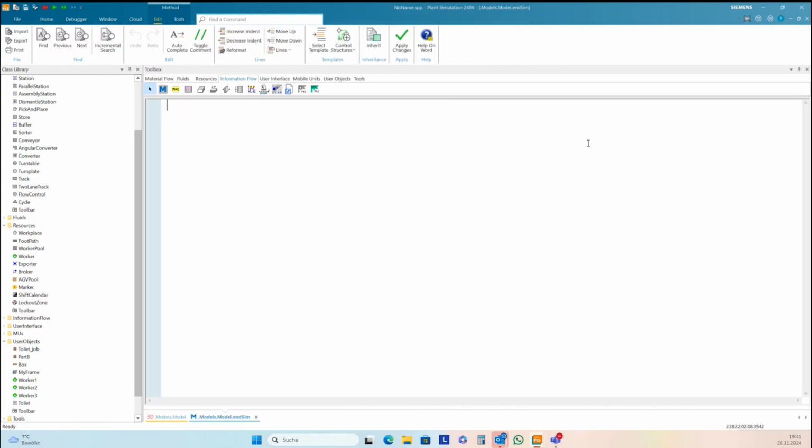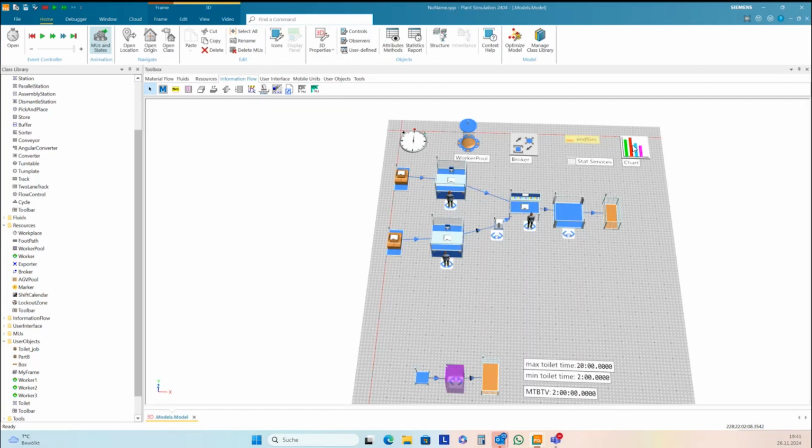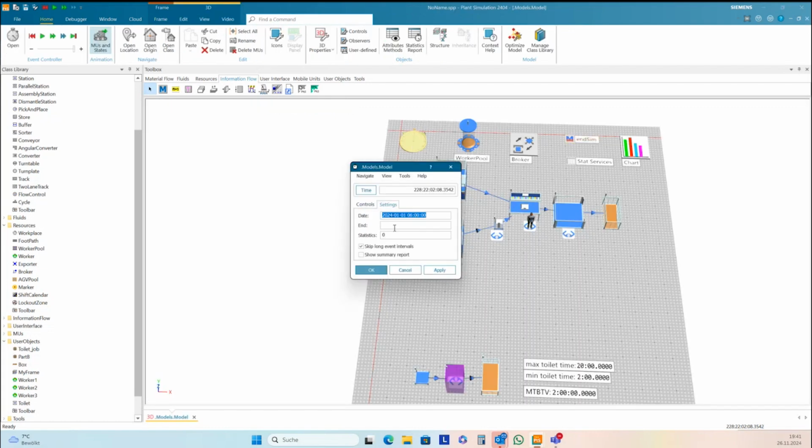I need to specify a table where we write that services, yeah, where we write the data. And now we only need to set an end, maybe 20 days.